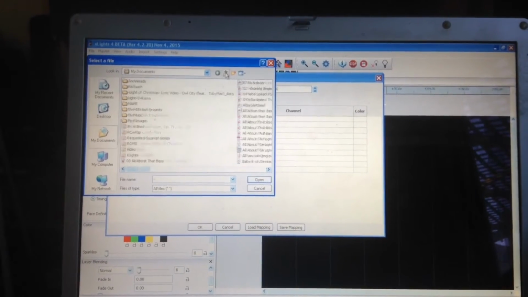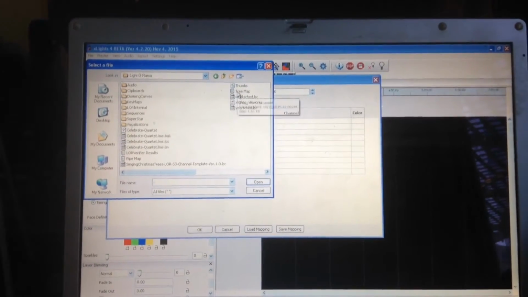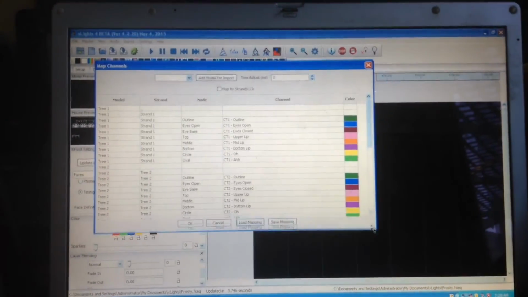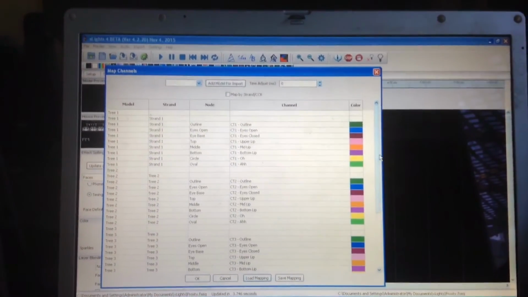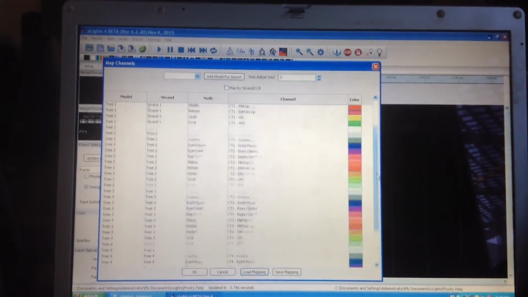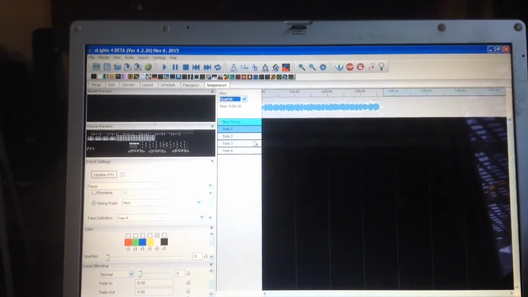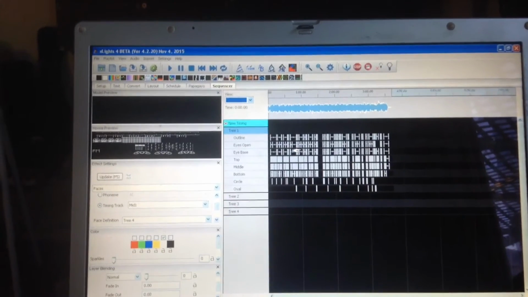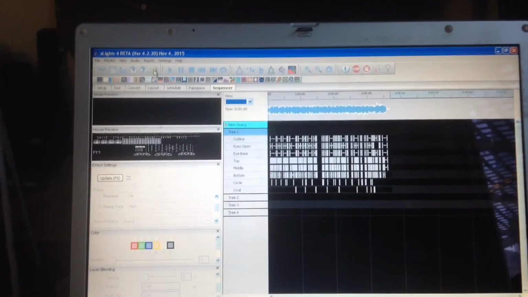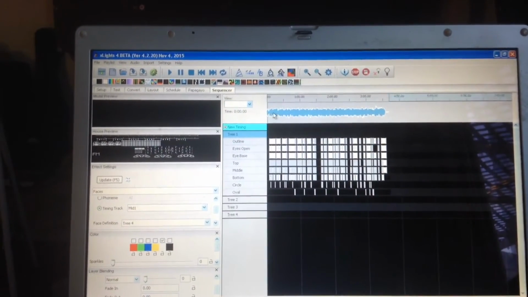So I happen to have mine already done. Here's my tree map, and I will go ahead and make this tree map available for all the sequences that are on my blog. That way you can just go ahead and import them straight into xLights. So here's the mapping that's already been done. So now as soon as you drop this in, if you open this up, you'll see it has all the parts that have been dumped in. As soon as you render it, it'll go ahead and fill in the gaps. And then now, when you go to play it,